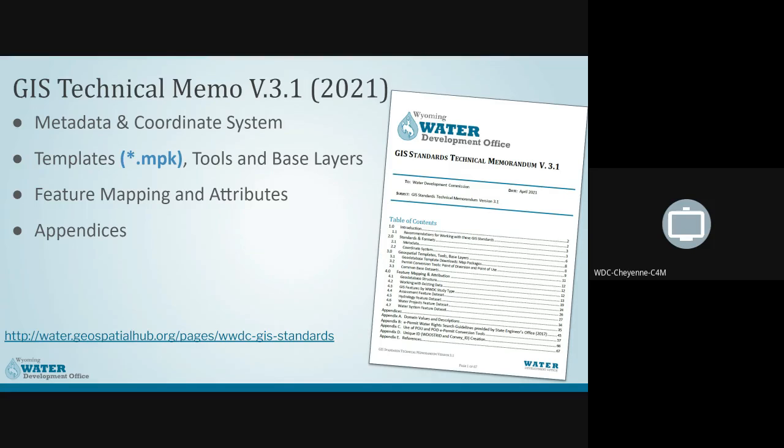The tech memo also includes a description of the templates, the tools, and the base layers. The GeoDatabase Template section provides download instructions for the map packages for your project. There is discussion on utilizing the e-permit, place of use, and point of diversion conversion tools. And these tools are developed to do a download from the e-permit database in Excel and then map those records